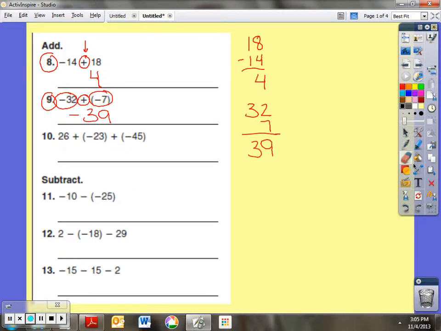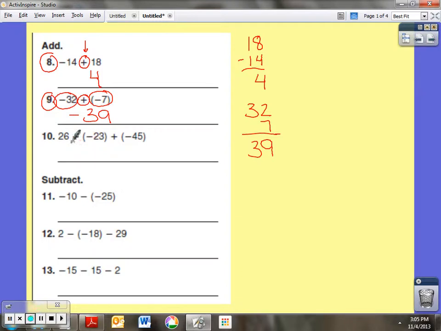Now I go to number 10. This caused some kids problems. Looking at number 10, I see negative 26 plus negative 23 plus negative 45. What I like to do here, I see the two negatives, so I'm going to combine those first, because I know a negative and a negative will give me a negative. So we have negative 45 plus negative 23. Now I know they're both negative, so my answer will be negative. And I just add them. 5 plus 3 is 8. 4 plus 2 is 6. So now we have negative 68